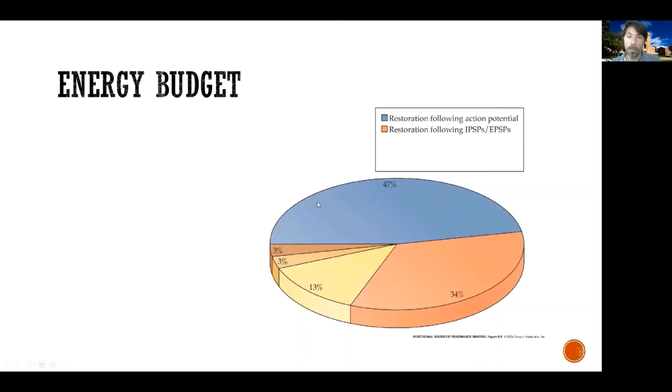In fact, just about 75 to 80% of the energy consumption, which is this big slice right here, is the energy that is needed to restore gradients after an action potential, and this 34% here is the energy that is needed to restore the concentration of ions at